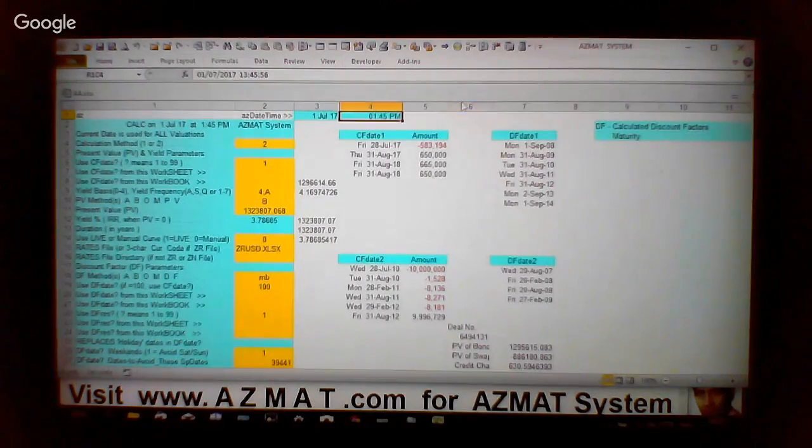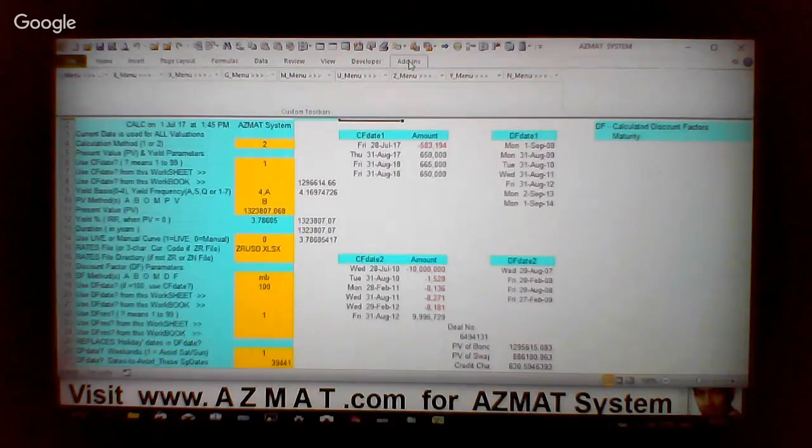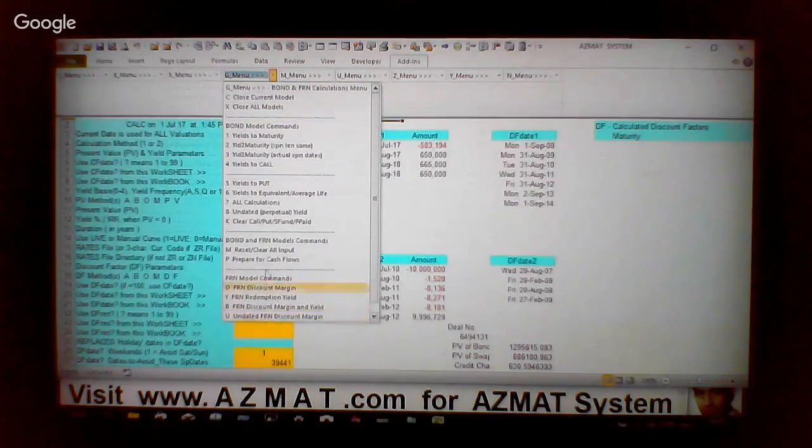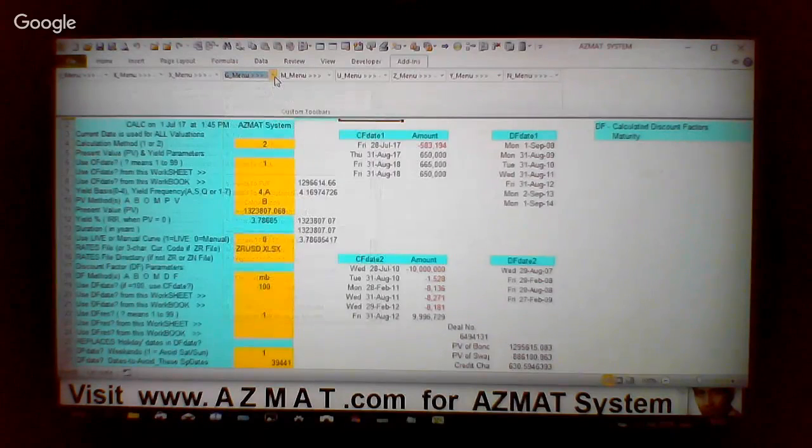Before we get into the add-ins, you can see that if I click Add-ins, all these Excel menus are shown here. I can click the down arrow on any of these, and it'll show these are all Excel commands specifically created by me. There are over 200 commands. Before we get into that, let's have a quick look at these various menus here, many icons I have taken from Excel